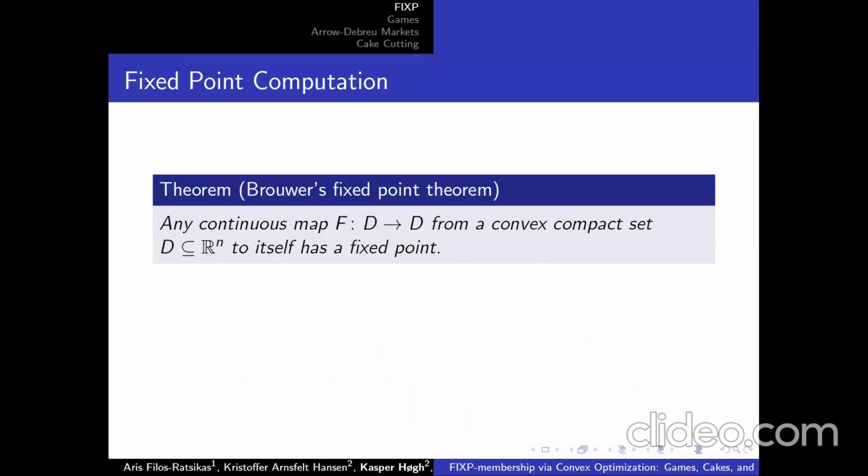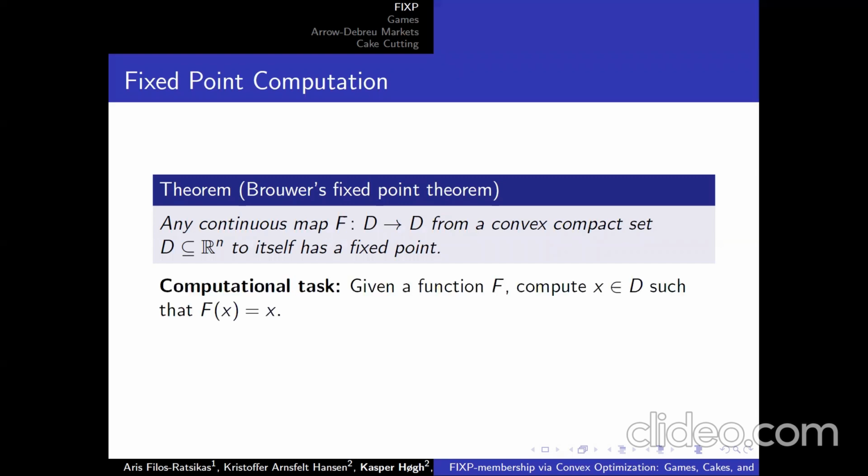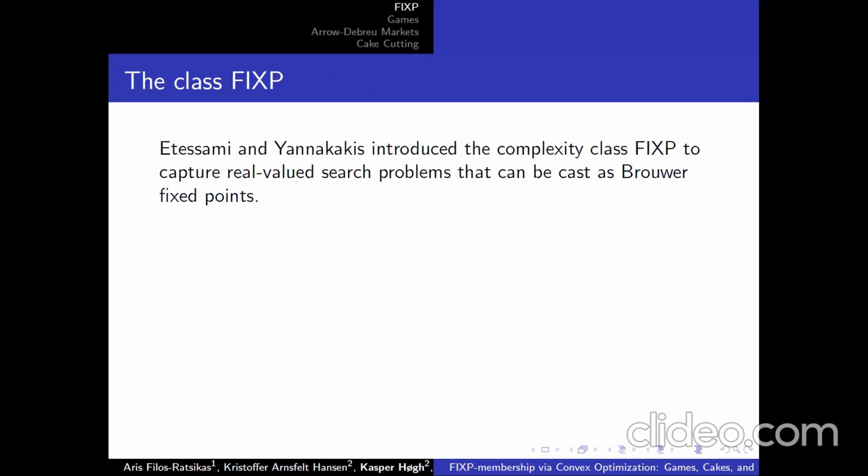Okay. So the class FixP is based on a theorem of Brouwer, called Brouwer's fixed point theorem, which states that any continuous map from a convex compact set to itself has some fixed point. Examples of things that can be described as fixed points of such functions include equilibria in finite games, which I'll use in an example later. And so Etessami and Yannakakis then introduced this complexity class FixP to basically capture search problems where the